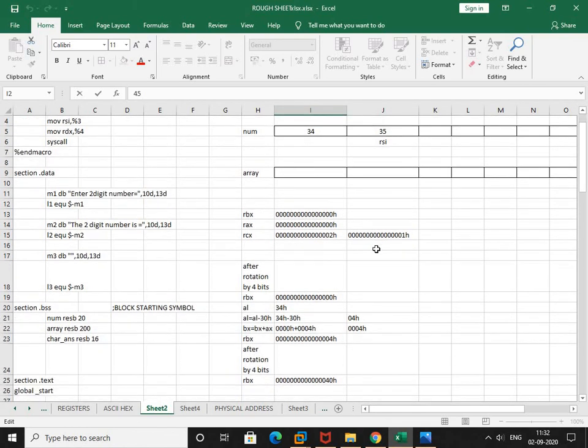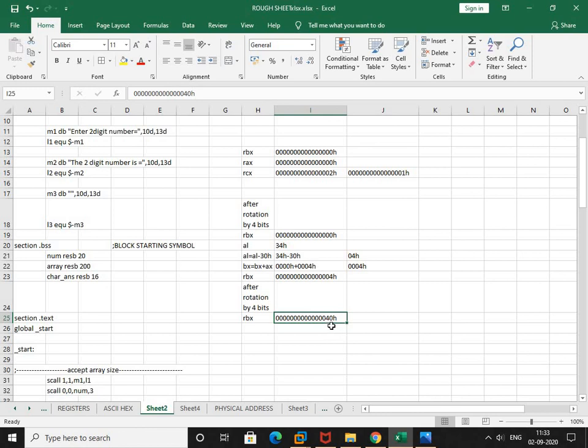So after conversion from ASCII hex to hex, I got the 4 at the unit place. So I have to make this 4 at the tens place. So after rotation by 4 bits, now the 4 has come at the tens position. See, if you observe here, it has come at the tens position, and what is present at the unit position? It is 0, right?